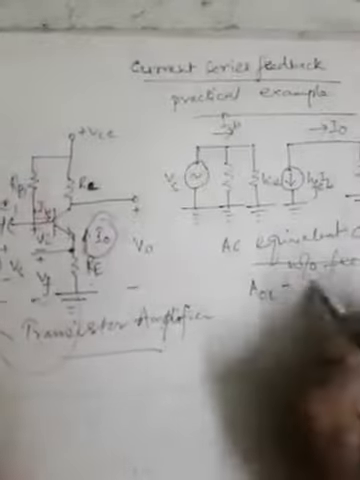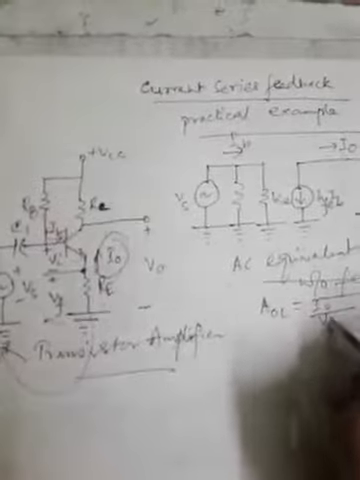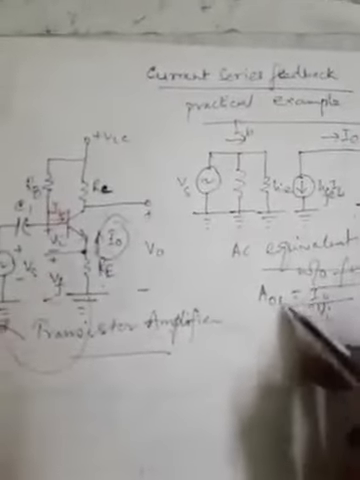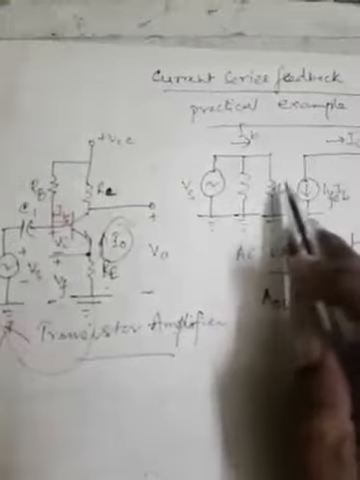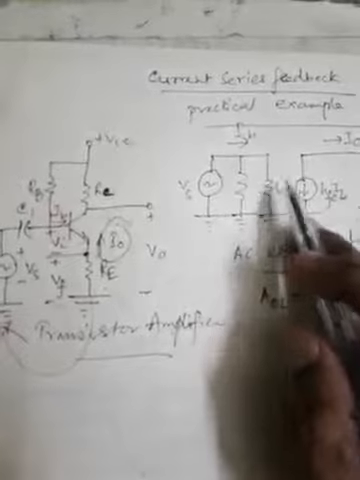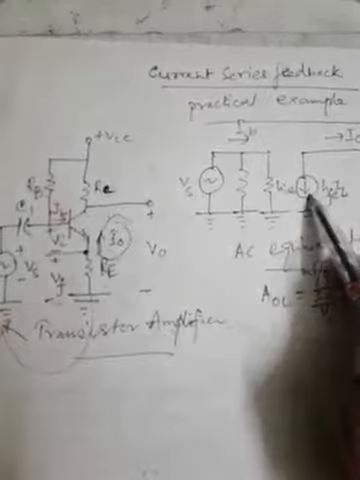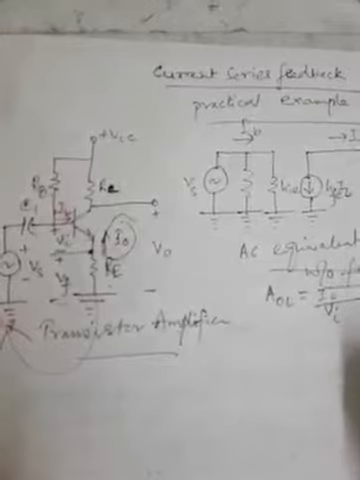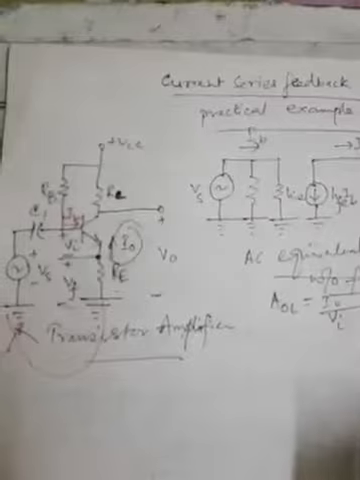If we need to calculate the gain, you can see IO is the output and VI is the input. For this BJT, IO is the output current and VI is the input voltage. So this AOL should be IO by VI, and IO can be written as, if we consider this equivalent circuit, the direction of current through this current source is opposite. So IO should be minus HFE IB. This IO and HFE IB are oppositely directed. So IO can be written as minus HFE IB